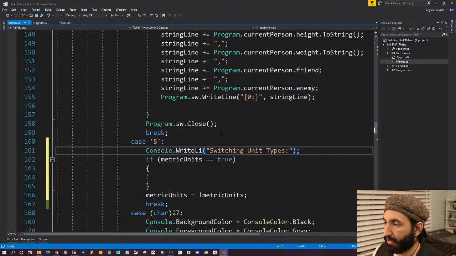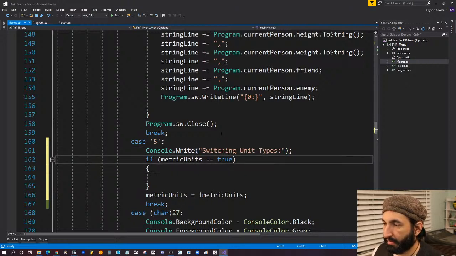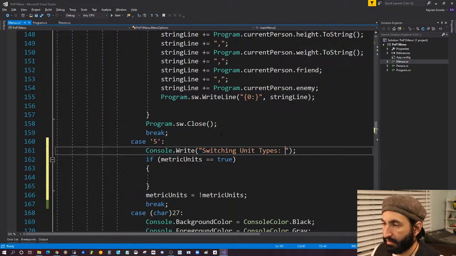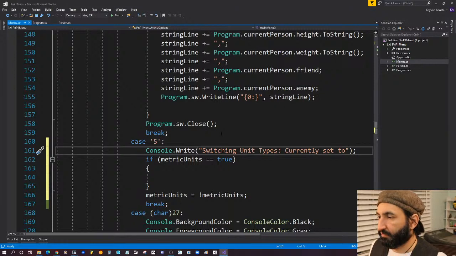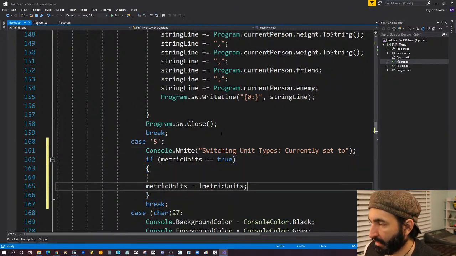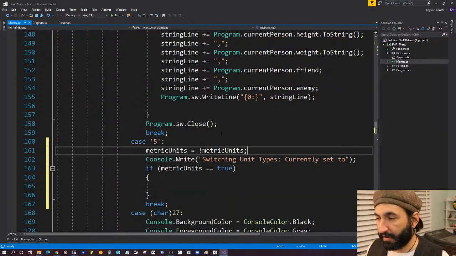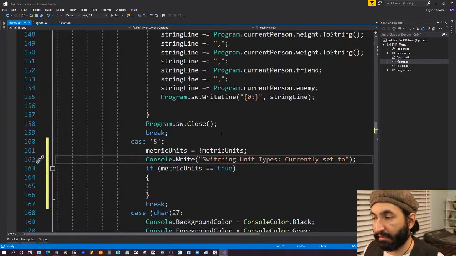Instead of WriteLine, we're going to just say Write. I'm going to say process that first and then display what it is now, because every time you press it, you expect that it would have already occurred. Set to